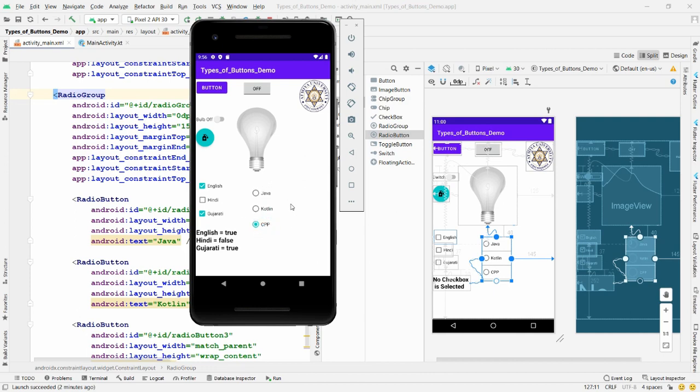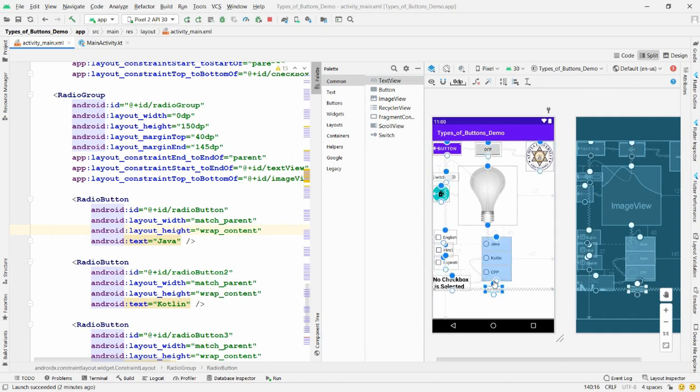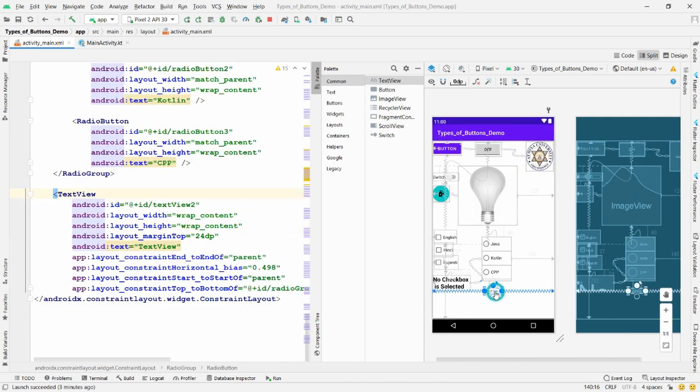Now whatever option you have selected, I want it in a text view below this, so it shows which option you have selected. So I need another control, and that is the text view. So let me click on common. Here you can select the text view and you can simply drag and drop this text view over here. Now you can connect this text view with this group. Now you can resize this text view, and in the text view you can write the text, that is